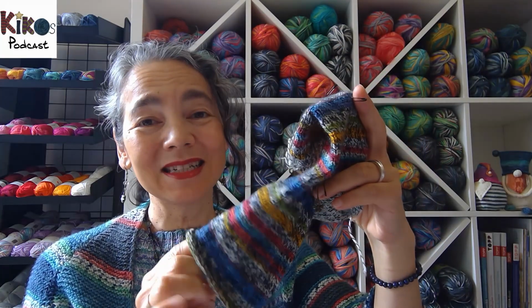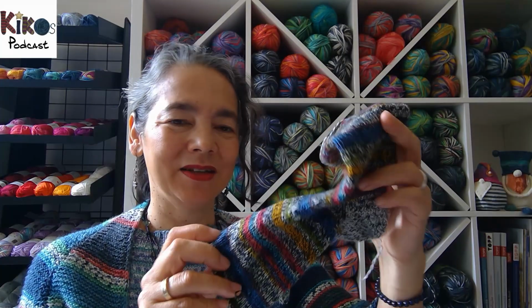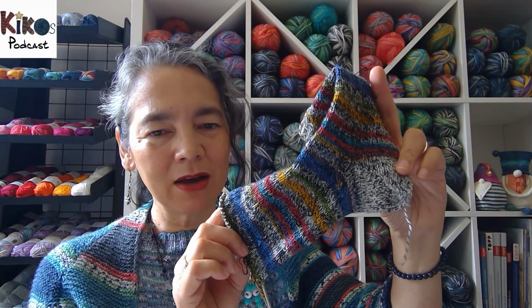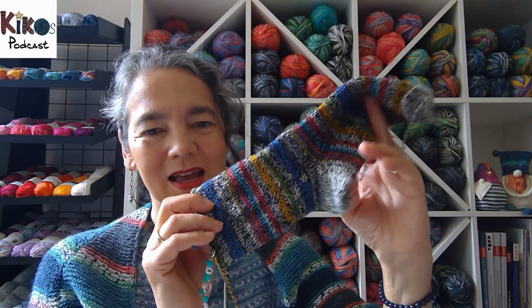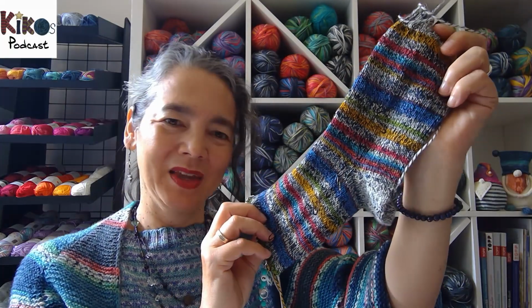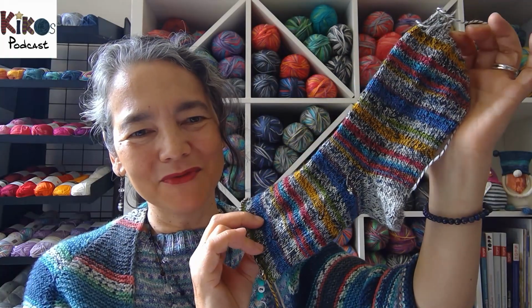And as I'm not knitting the socks for myself, I couldn't try them on. I've decided now that I am going to do another 10 rounds of just plain knitting, and then I will do the black and white toe, and then the first sock will be done and I can start the second. I really love the color, and one of the reasons I'm able to give them away is because